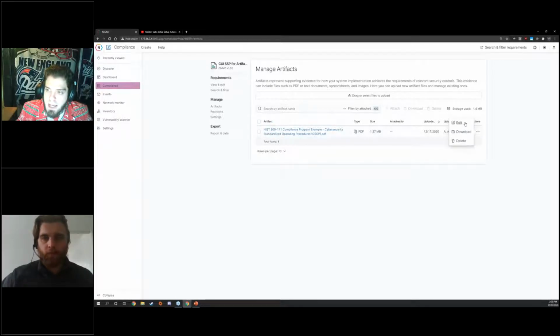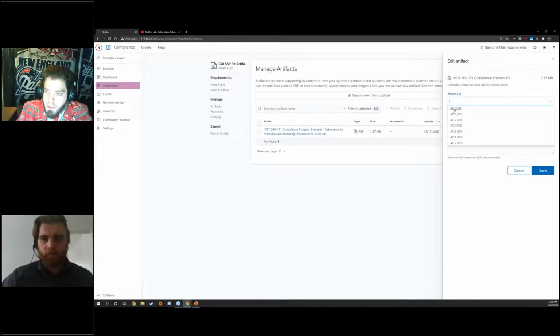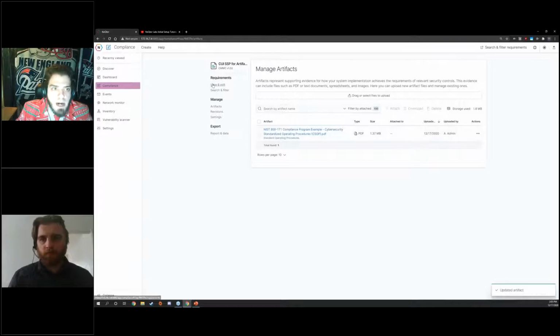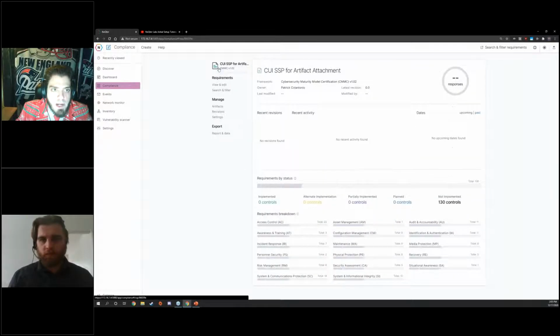We can download the artifacts after we've uploaded them. We can also edit, and from here we can attach them to a practice. We could attach it to a control, or we can also add in a description. So this is going to be a standard operating procedure document. You can put anything in here that you would like, and we can attach it to a control here. I'm just going to click save because I also want to show you how we can attach it to the control directly. So if I go to view and edit, or I can go back to the home page here,